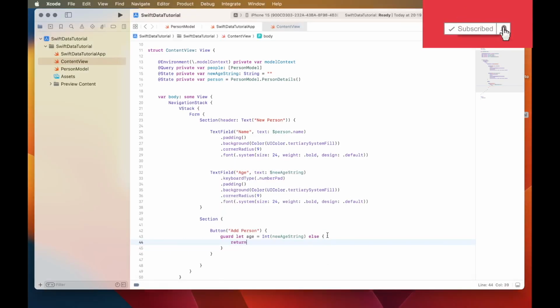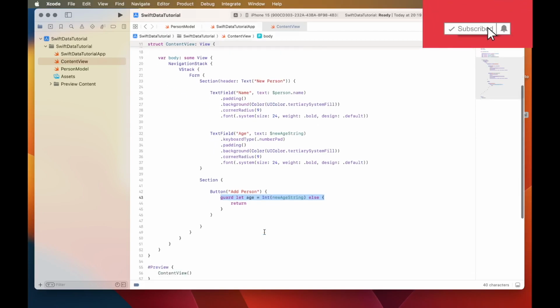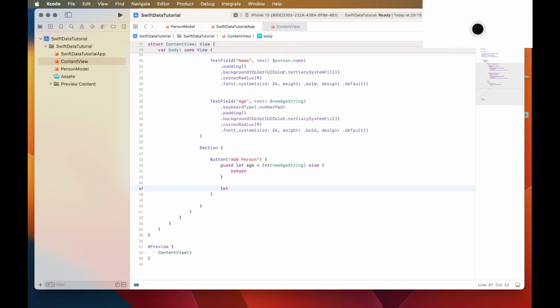So this line on line 43 is just some basic validation. If the age cannot be converted into an int, it will just return from this method. But if the age can be converted into an int, then it will continue to do the next procedure, which is to